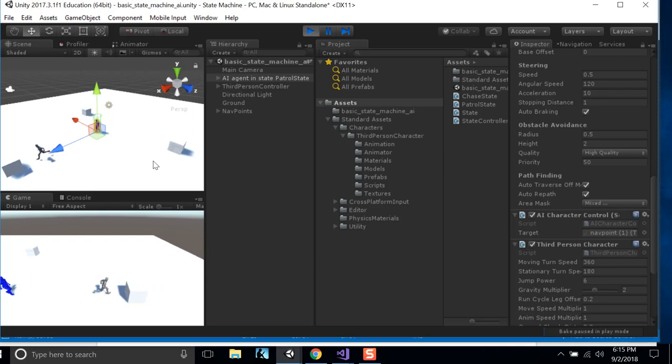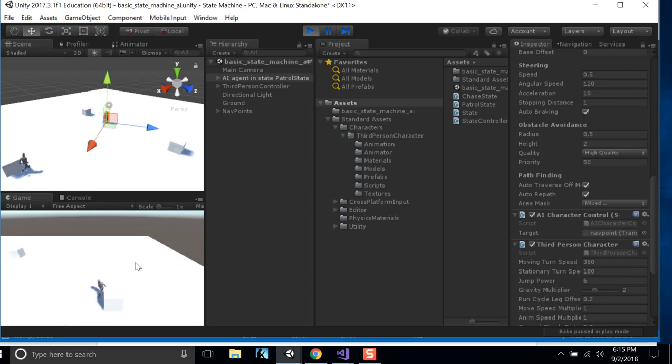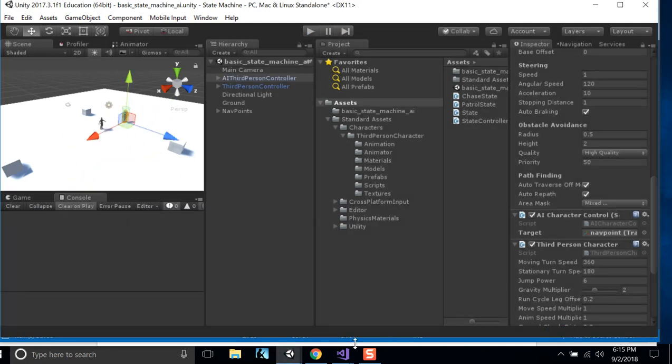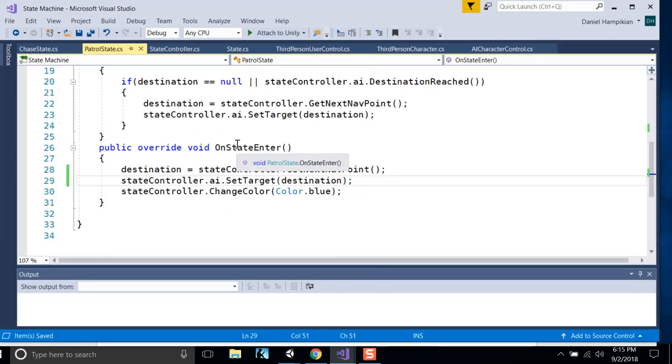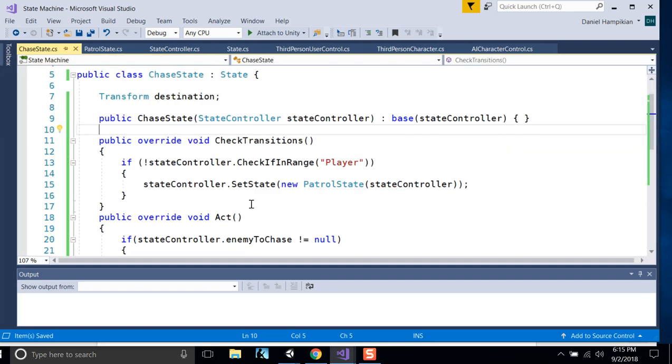Switch back to Unity and hit play. Alright, I am seen by the AI. If I run out of view, you'll see that the AI is now moving between the nav points. If I run back in view, it'll see me. The other thing is, look how it's walking now. We only wanted walking when we were running in chase state,